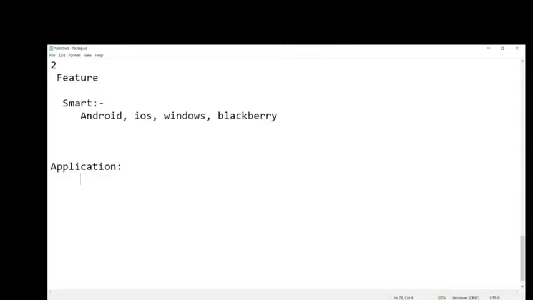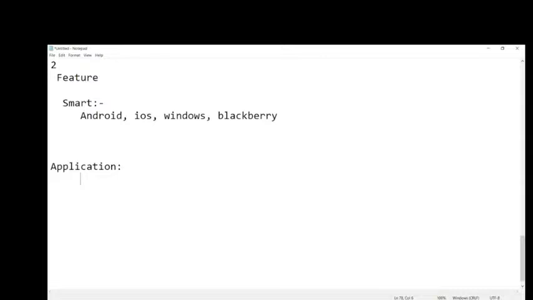That means an application is simply software designed to store data and provide processing of data, based on which we can generate some kind of reports.